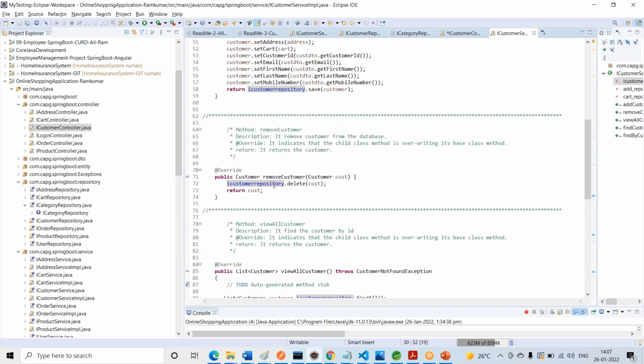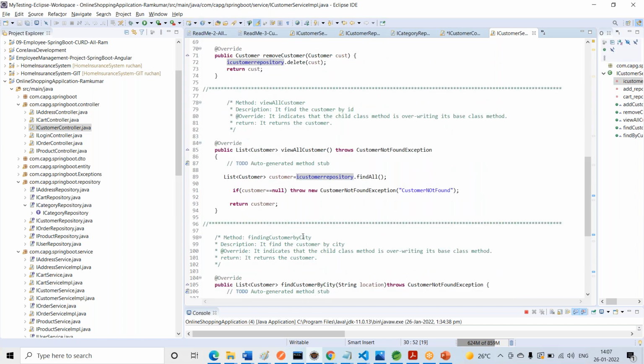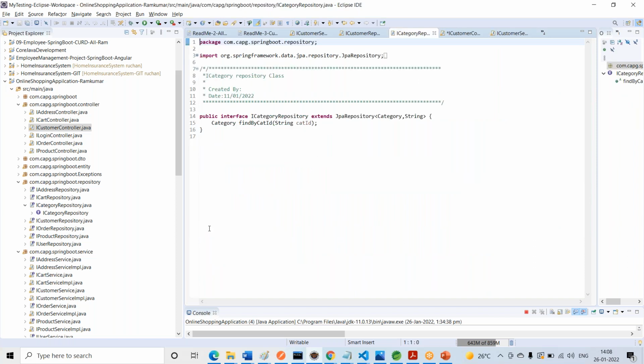Then execution moves to view all customers, find all. Find all, execution moves to which layer? The repository layer. Click on this. In this repository layer, there is no